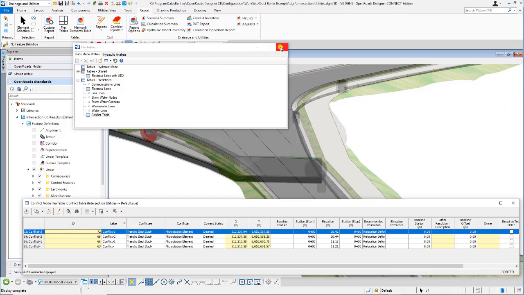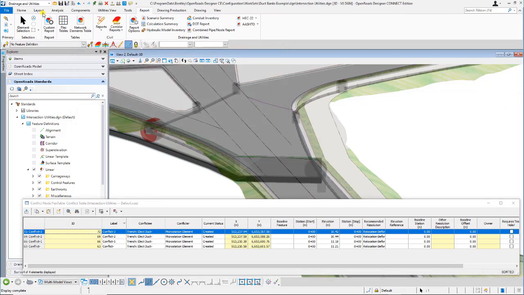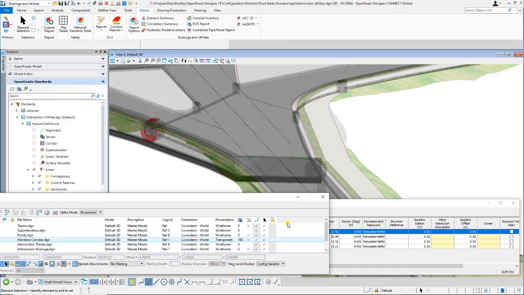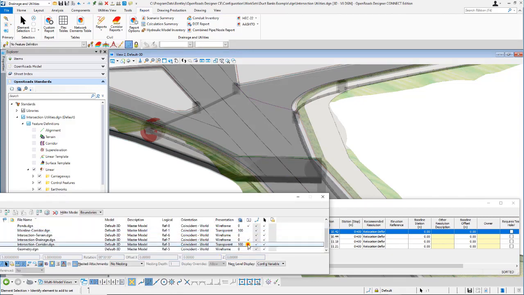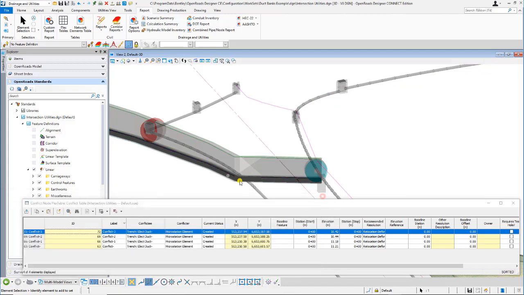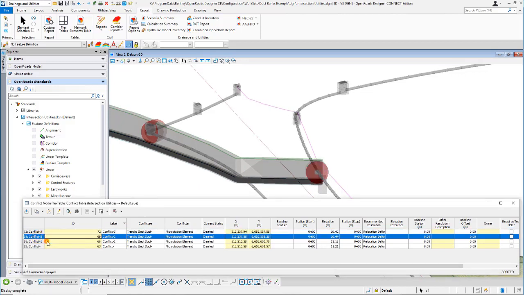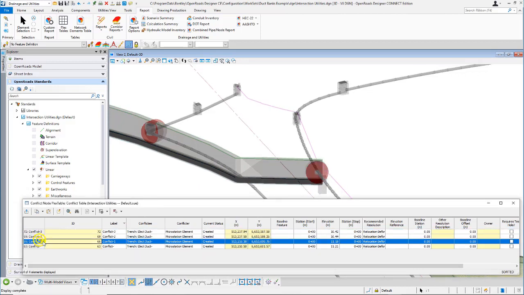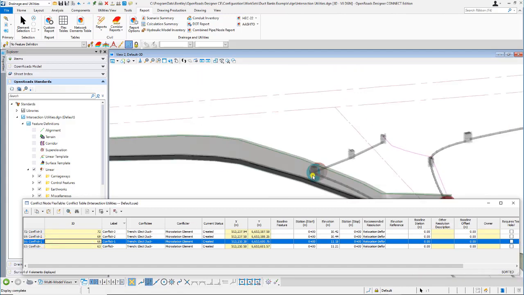What I'm going to do now is close the flex table. I'll also come into my references. Let me just turn off the display of some of the references. There we go. That'll make it a little bit easier to view the conflicts. And again, as I say, just right click, zoom to, right click, zoom to, and we can start to view